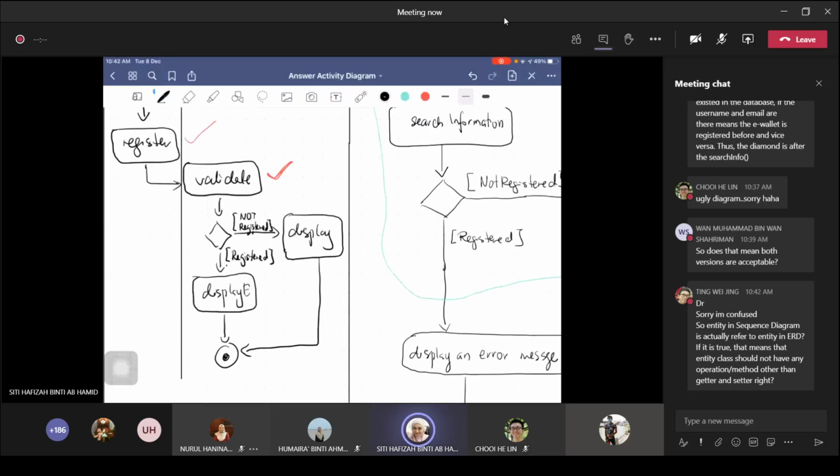So it will display, congratulations, you have been successfully registered to our e-wallet system. Okay. So if the user already registered, then it will display an error message. You have been registered. Okay. Something like that. Alright. One thing about this, because I know that some of you will be confused,